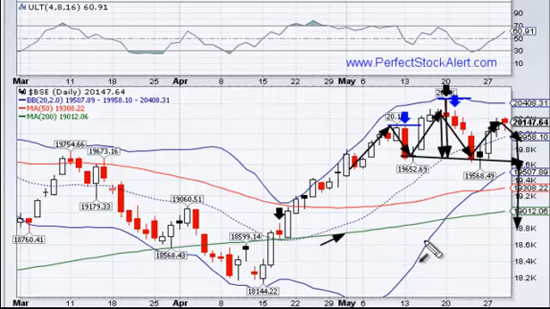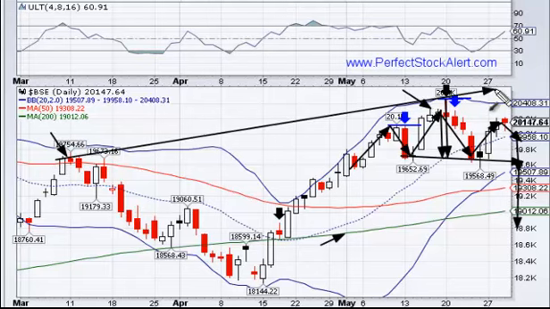So this is something I've been talking about for a while. I had a lot of people asking me why I was fighting the trend. It's not really fighting the trend. You note this high point here, a higher high here, so you've got an uptrend going on here, but you've got this low point here and a lower low here, so you've got a downtrend here. That's conflicting signals. That means one of them is going to be right and one of them is going to be wrong. It's a rolling over pattern. That's all it really is.